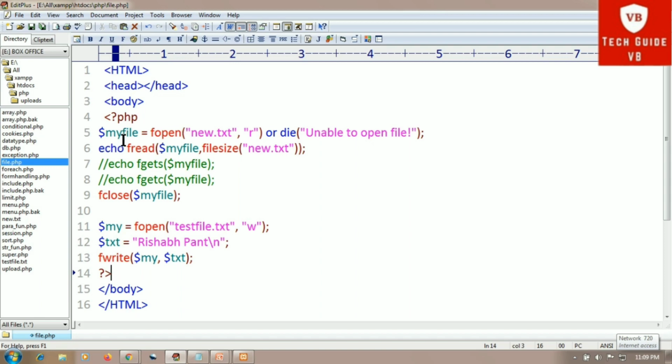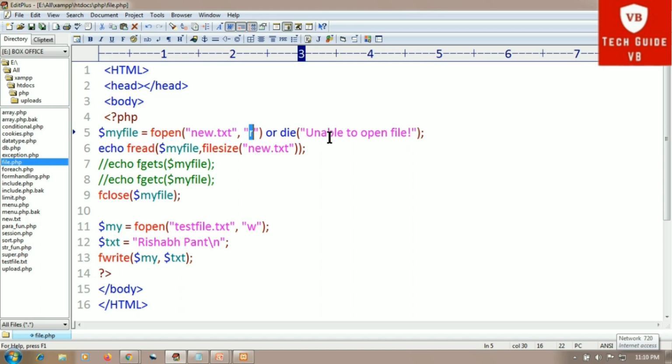The $myfile is the variable taken here, which contains the fopen function, which has new.txt as the first parameter and r as the second parameter, or die in brackets, unable to open file. So fopen will open the new.txt file in read mode. Here r is the mode of opening the text file.